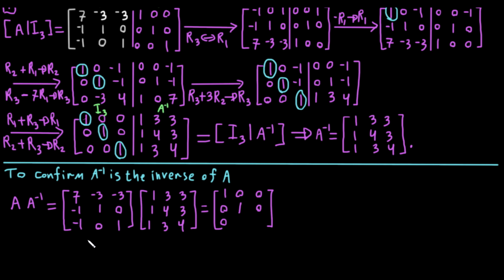Negative 1 multiplied by 3 plus 0 multiplied by 4 plus 1 multiplied by 3 equals negative 1 multiplied by 3, which is negative 3, 0 multiplied by 4, which is 0, so plus 0, 1 multiplied by 3, which is 3, equals negative 3 plus 3, which is 0, plus 0, which is 0. So I will write here 0,